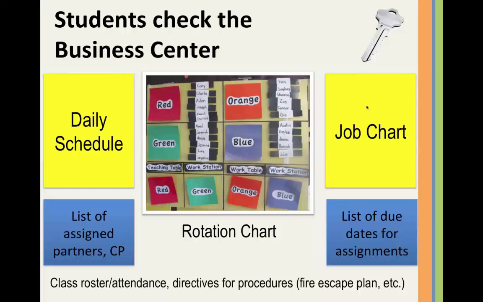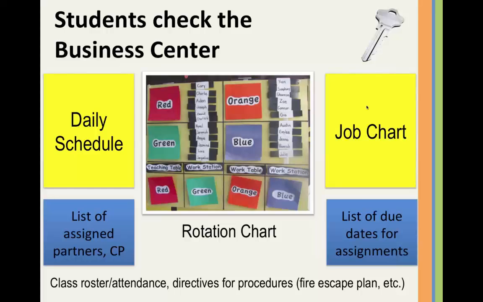So with one look at this business center, I should be able to see who's in my group based on the grouping in the chart, the order of the activities, whether I'm going to be at the teaching table with a teacher or out on a workstation or collaborative practice. I can see what time those activities are going to occur in my daily schedule. If I have a job assignment that week, I would be able to see that. I would see everything I needed to know in terms of management. This helps tremendously, especially if you have a special education support person also trying to look at your schedule and schedule opportunities to work with students.